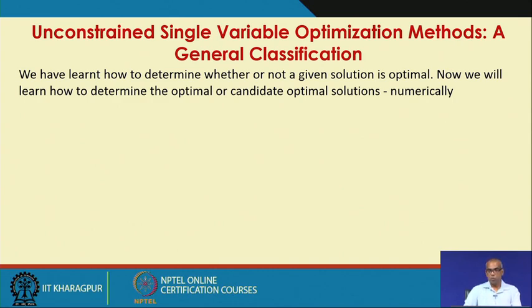It is important to be familiar with numerical methods of optimization, because it will not always be possible to solve an optimization problem analytically. So, it is extremely important that we are familiar with the numerical methods available to us. It will not be possible for us to discuss each and every numerical method. So, we have selected certain numerical methods that are more popular or more useful, and we will restrict ourselves to those numerical methods only.